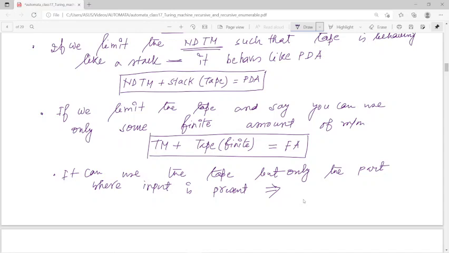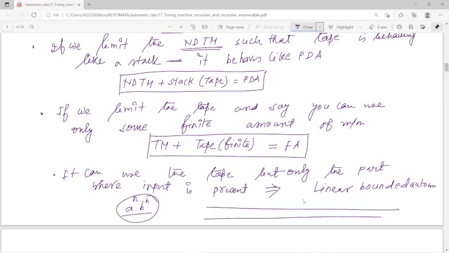ব্ল্যাঙ্ক স্পেস ইউজ করা যাবে না। যদি আমরা সেই রকম করি তাহলে যেটা হয়, দ্যাট ইজ কল্ড লিনিয়ার বাউন্ডেড অটোমাটা। লিনিয়ার বাউন্ডেড অটোমাটা মানে কি, ধরো a টু দি পাওয়ার n আছে, b টু দি পাওয়ার n আছে, এখানে বক্তব্যটা হচ্ছে n এর ভ্যালু যাই হোক না কেন আমি সমস্ত ভ্যালু নিতে পারবো, কিন্তু n এর ভ্যালু যদি ধরো 20 হয়, তার মানে 20 খানা a 20 খানা b আমি এরকম নেব, কিন্তু এরপরে তো আমাদের ব্ল্যাঙ্ক স্পেস ছিল,